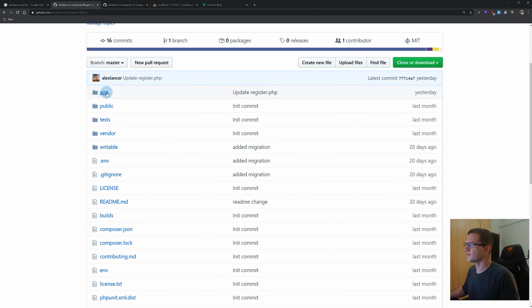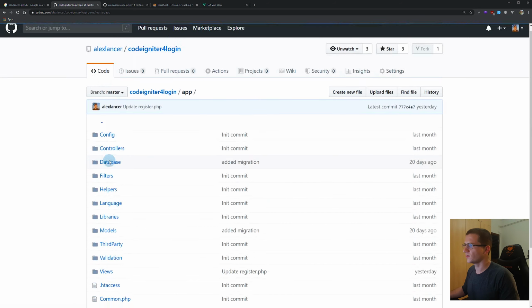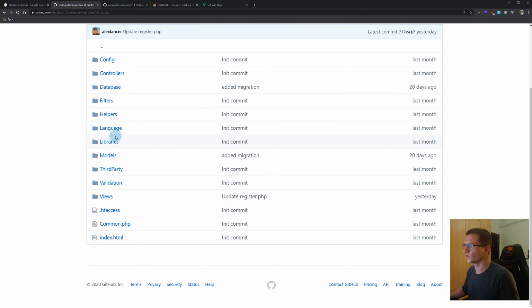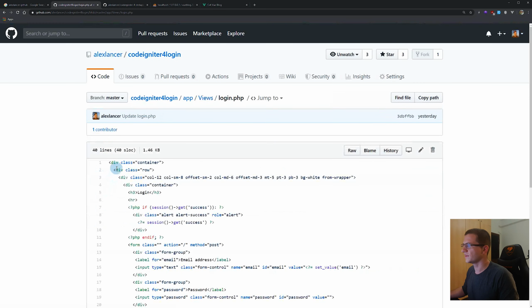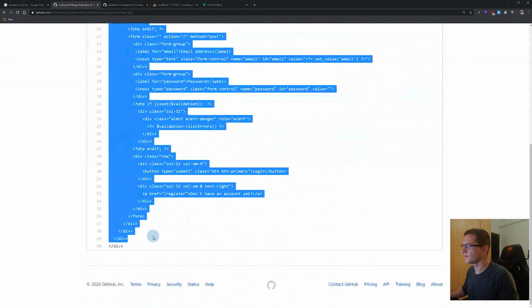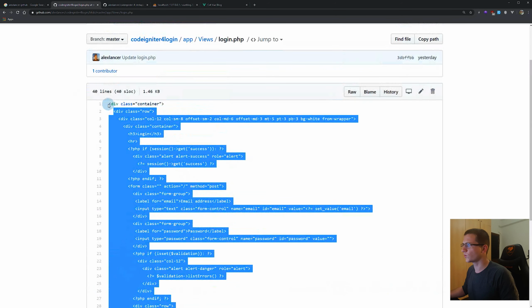Because we have already created some nice looking forms, let's grab them from our views files. So here is the login form. Let's take everything. We don't need the container, so you can either grab the row inside the container or take everything together with the container and then just remove it from the